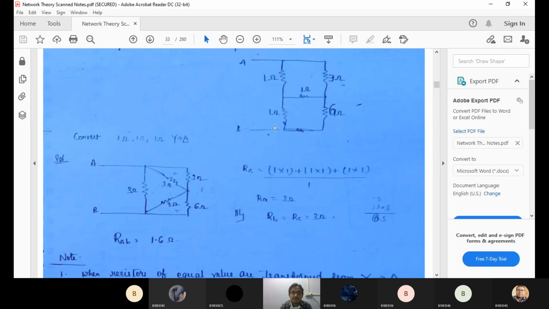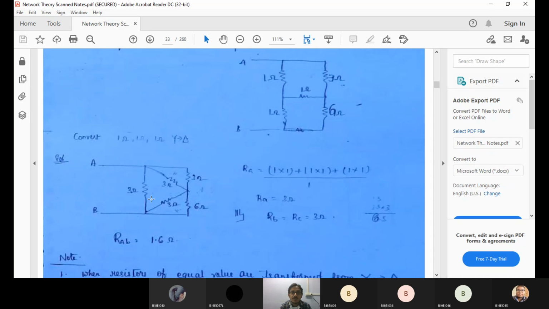So for that case, 1 ohm, 1 ohm and 1 ohm are connected in star. What is star to delta connection? R1 plus R2 plus R1 R2 by R3. R1 is 1, R2 is 1, R1 into R2 is 1 by R3 is 1. So 1 plus 1 plus 1, which is 3. This will join this 1 ohm and 1 ohm in this way. Similarly, this 1 ohm and 1 ohm, another combination will come here, that is this 3 ohm. Similarly, another 3 ohm.